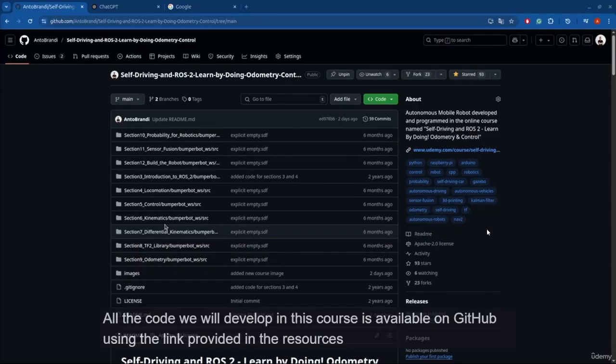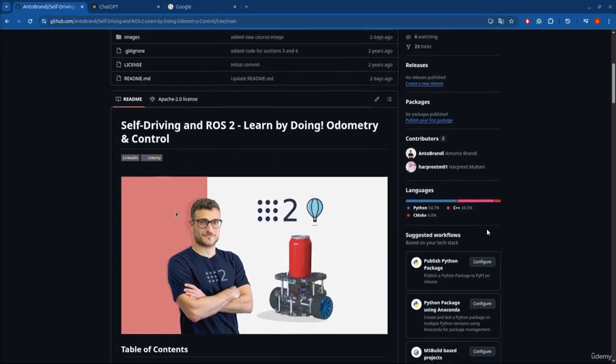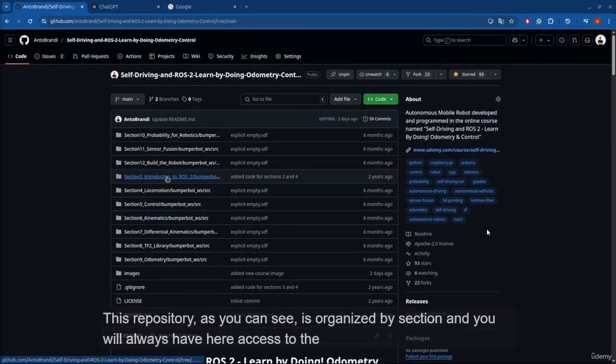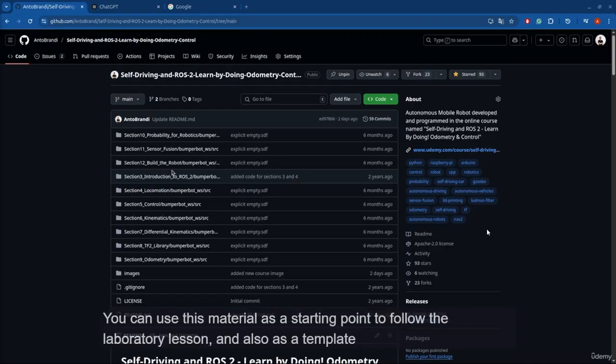All the code we will develop in this course is available on GitHub using the link provided in the resources of this lesson. This repository, as you can see, is organized by section, and you will always have access to the most up-to-date, functional and tested version of all the nodes and features that are developed in the course. You can use this material as a starting point to follow the laboratory lesson, and also as a template to